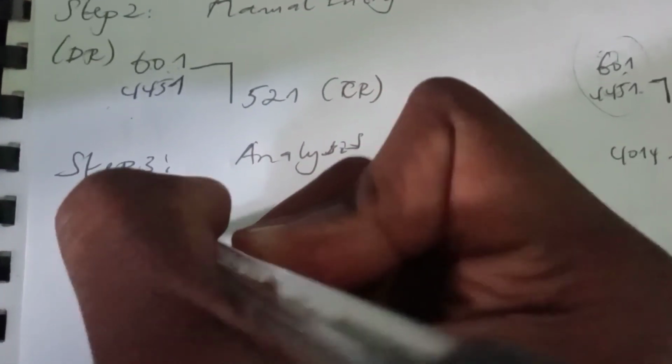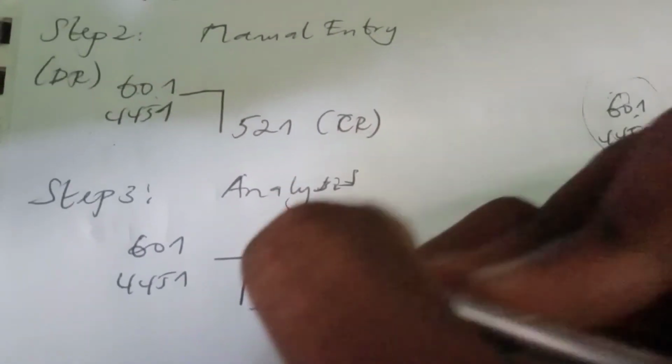This is a method by which we analyze. You need to now put it back here. The first thing I do is just recopy this first information as the first thing, 601, and down is 4451 to the credit of 521. Now in this part, you just put your flash down here, you put your flash up here